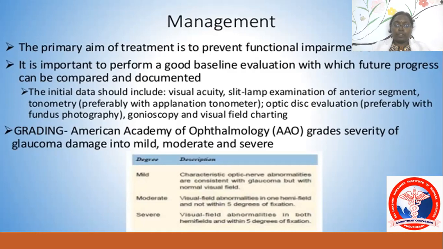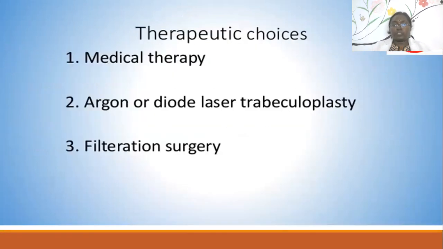In moderate glaucoma, visual field abnormalities are present in one hemifield, but not within 5 degrees of fixation. In severe glaucoma, the visual field defects are present in both hemifields as well as within 5 degrees of fixation. So the therapeutic choices include medical treatment,